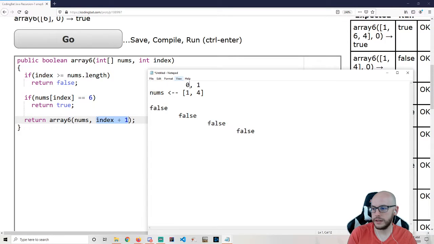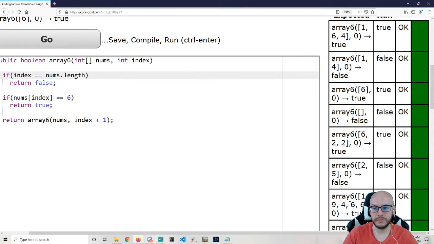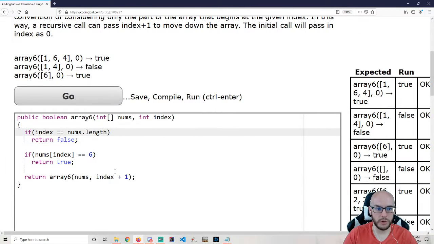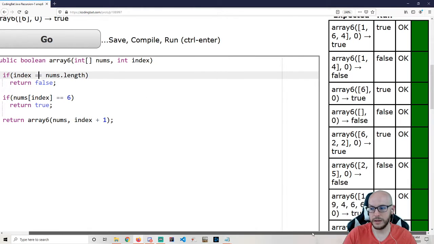Wait, how can index... Oh, index should never actually be greater. Yeah, so I'm getting this question. I've found it's just good practice to do this, and it should be the same thing, right? Because I'm only increasing by 1, I should never have a big jump to actually be greater than the length of nums. You are correct in thinking that this is the exact same thing for this particular problem, but